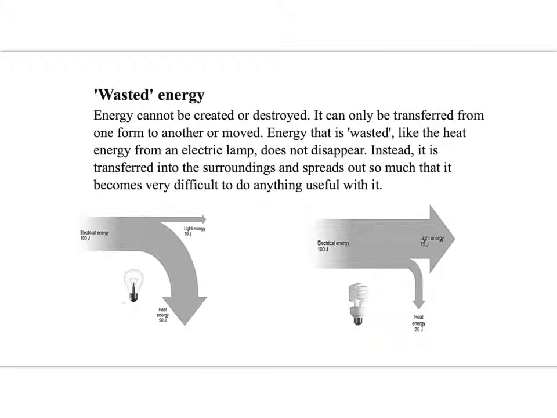Energy cannot be created or destroyed. We have talked about it in energy conservation. It can only be transferred from one form into another. Energy that is wasted, like the heat energy from an electric lamp, doesn't disappear because heat is also an energy form. Instead, it's transferred into the surroundings and spread out so much that it becomes very difficult to do anything useful with it. Now here we have two lamps,